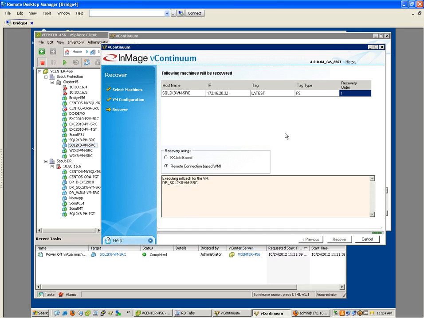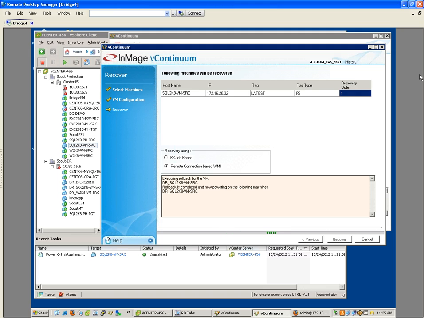But essentially what I want to do is keep an eye on the vCenter that's underneath. When we go to that vCenter, what we're going to notice is in the task pane, we're going to start seeing some functions occur down there. And really what's happening right now behind the scenes is we've communicated to that vContinuum master target server. We've identified which volumes are associated to the SQL Server. There were 3 volumes there. And we've told the master target server at what point in time to roll back those 3 volumes.